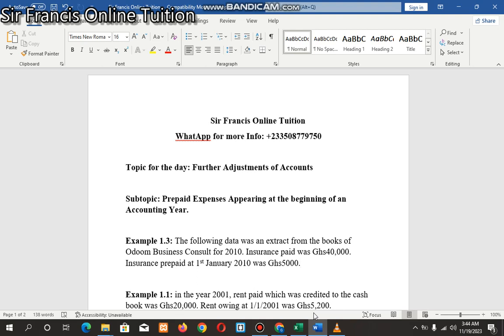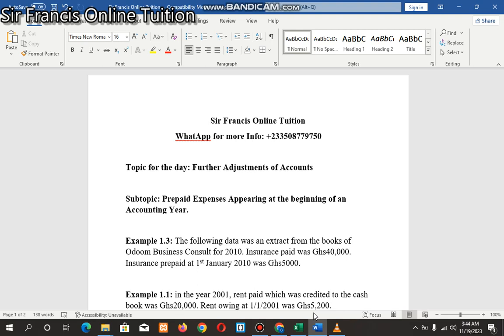The moment we enter 2010, it becomes expenses paid in advance appearing at the beginning of the accounting year. So that's why you see the date 1st January. It was paid in the previous year for the current year, which is 2010. And I said expenses paid in advance in the previous year,